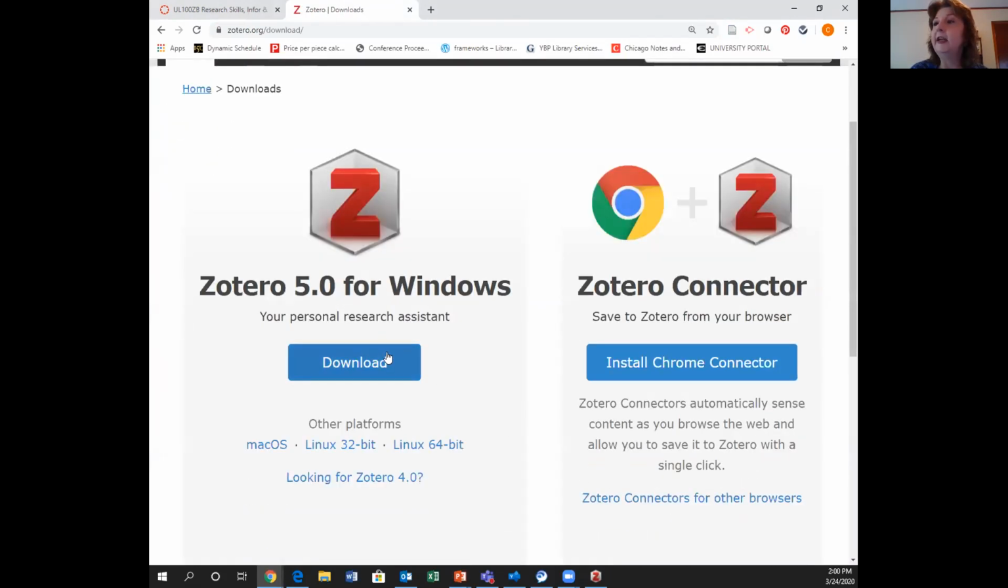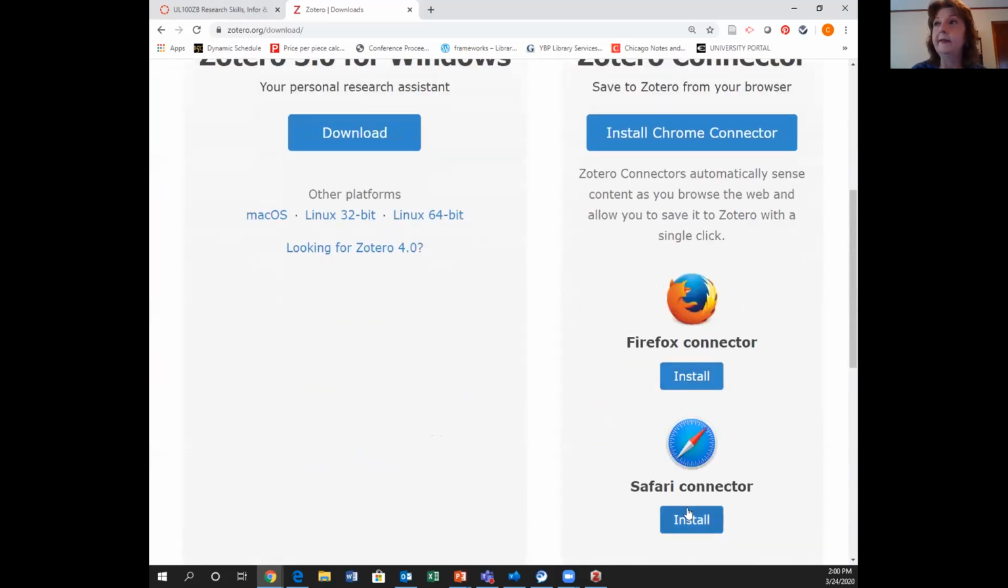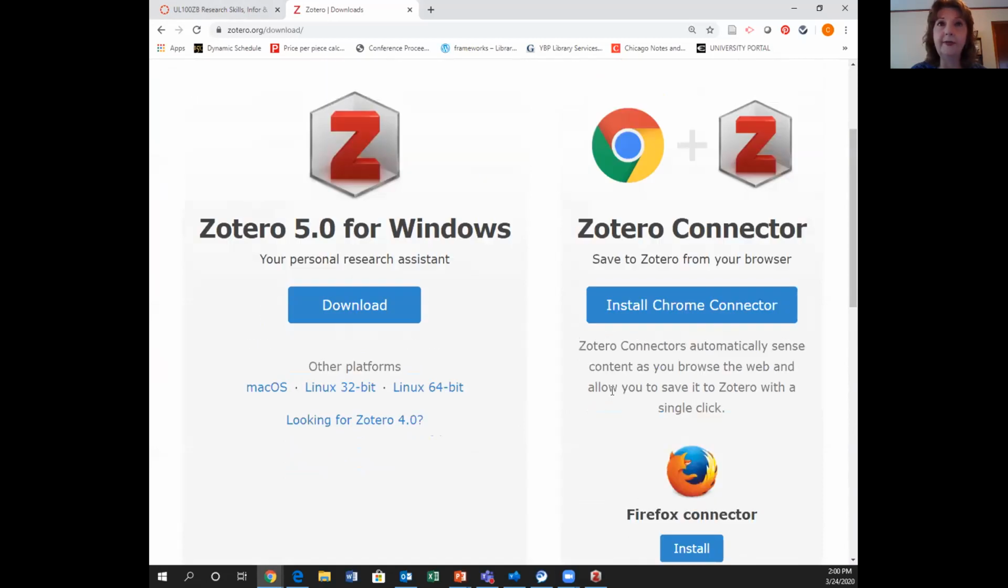You would download it here, and then you also need to install a connector that will make it talk to Google Chrome if that's what you're using. It will also work with other browsers such as Firefox and Safari, but Google Chrome seems to be the most popular one. And the great thing about Zotero is that once it's installed onto your computer,